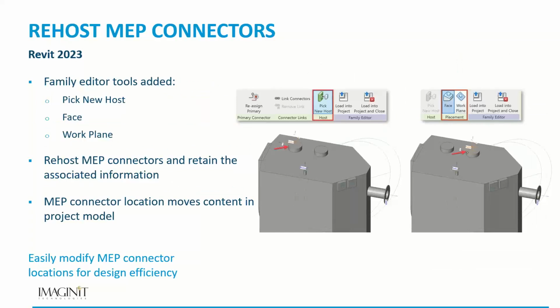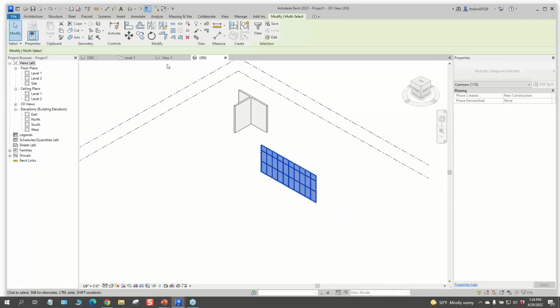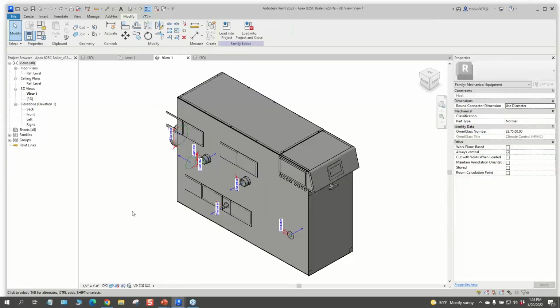Also with MEP, they have improved the ability to change the connectors on or in our families. So now we can just pick new host, pick the face or the work plane, and it works very quick. Let me see, do I have that? Yeah, okay. So here is an MEP